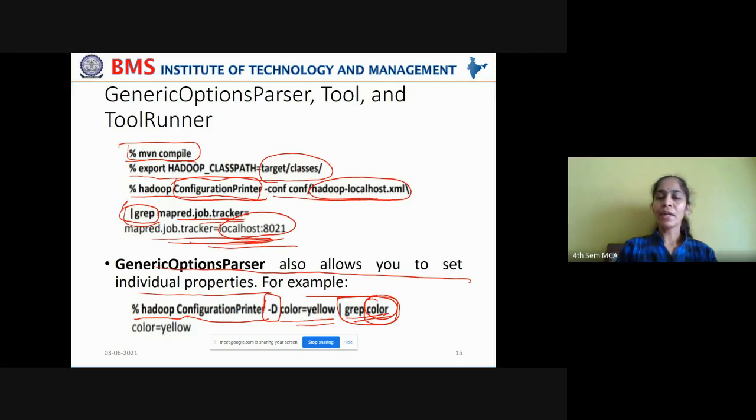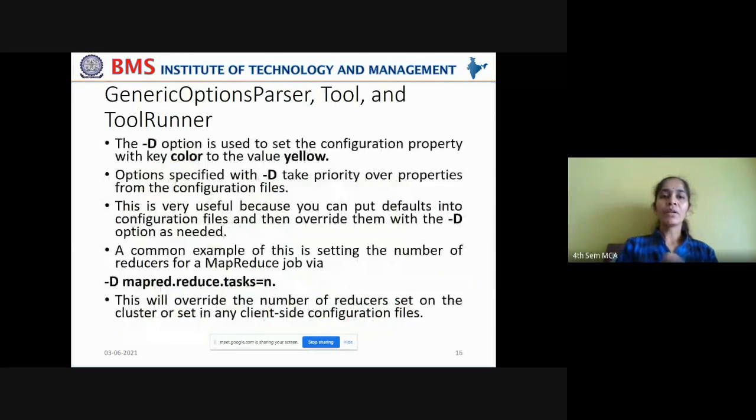We are trying to address the color property in the configuration file, in the default XML file, and you are trying to override it with the color yellow. Now, when you fetch that property, you can see that the color is set to yellow. Okay. Now, the -D option is used to set the configuration property with key color to the value yellow.